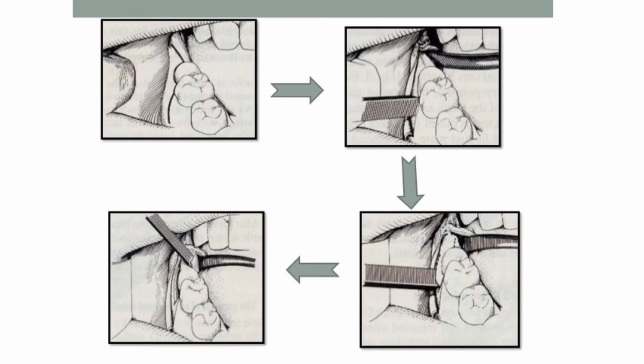Here we can see after placing modified Ward's incision, a full thickness mucoperiosteal flap is reflected, which exposes the underlying bone. Once bone is exposed, a horizontal cut is placed to remove the buccal cortical plate. Then a chisel is used to section the lingual bone or lingual cortex by placing it at an angulation of 45 degrees to the outer edge, and the cutting edge should be parallel to the external oblique ridge.